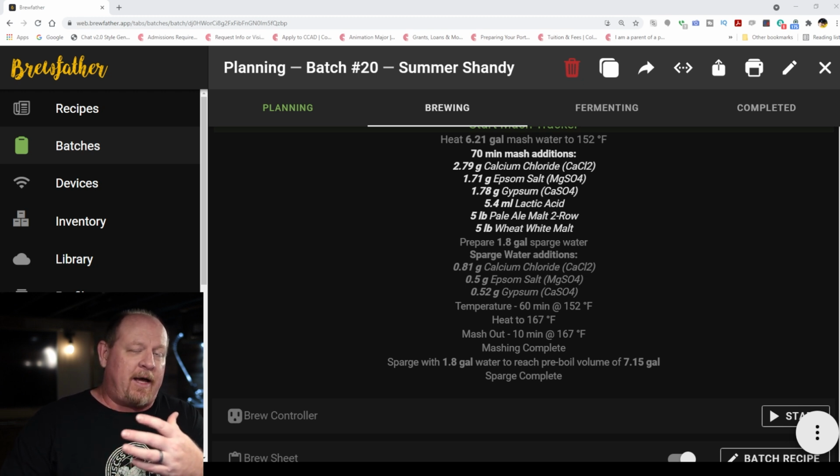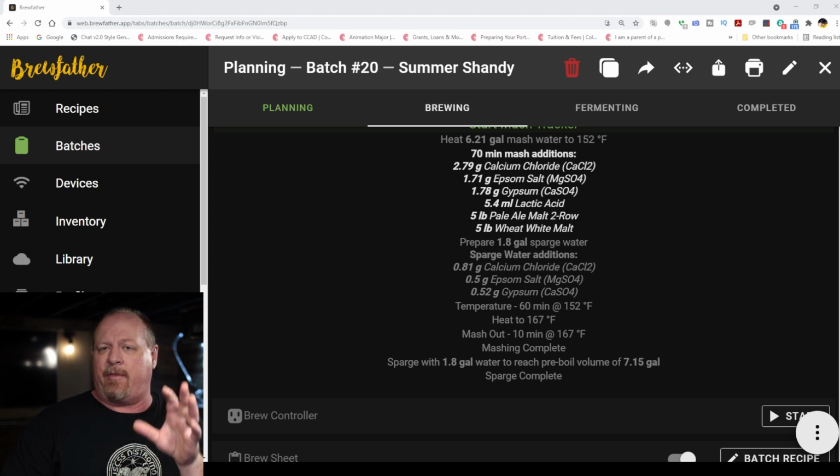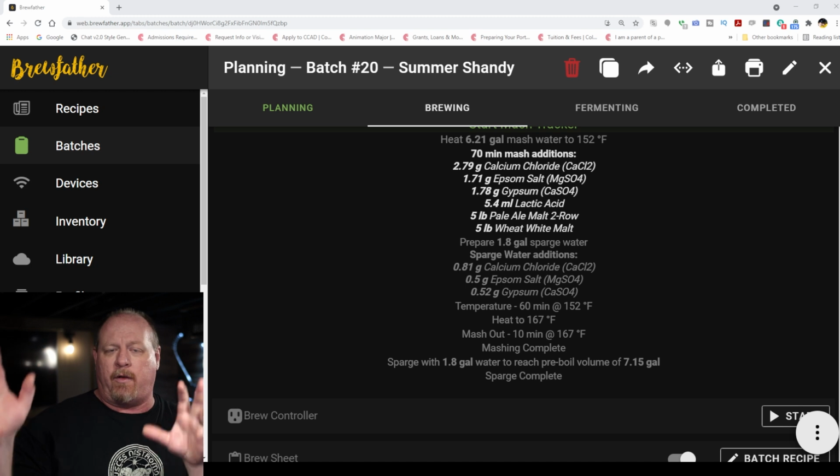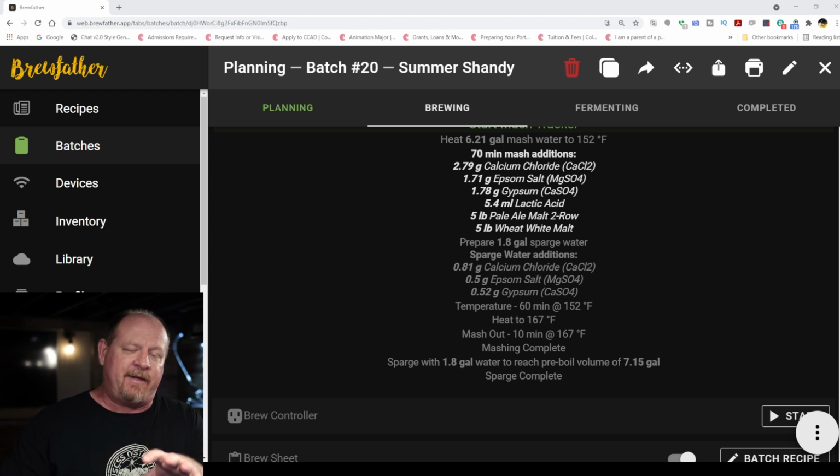And then it also has the ability to track whenever you need to add hops and all those sort of things. So especially if you've got a recipe that has a ton of hops in it and a really big schedule, some at 60 minutes, 45, 15, 10, whirlpool, all that kind of stuff, it's definitely advantageous to have a timer in your brewing software so that you can be notified when you need to add all those things, in case you're having a couple of beers when you're brewing or whatever. But it's definitely another part of the familiarity piece that will make a lot of difference in your brew day, making it easier and less stressful for you.